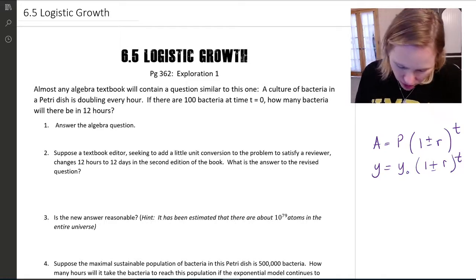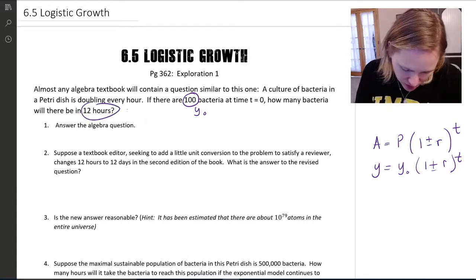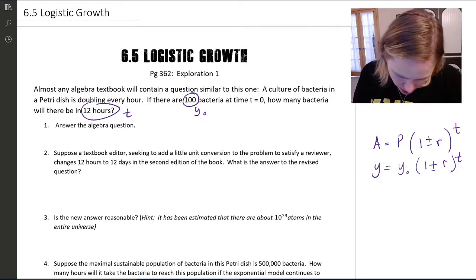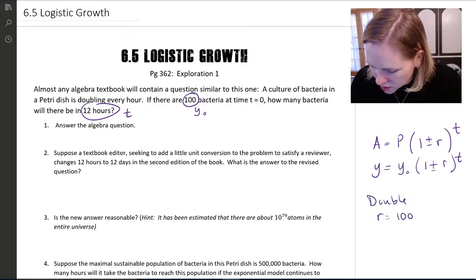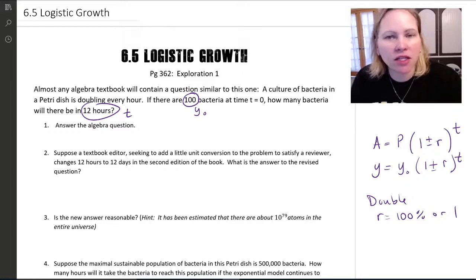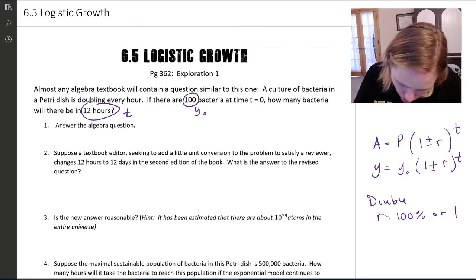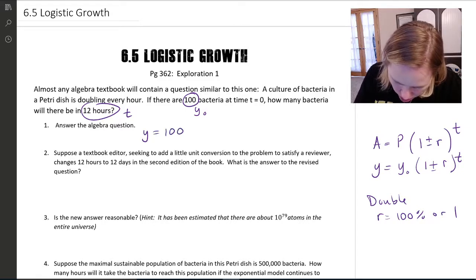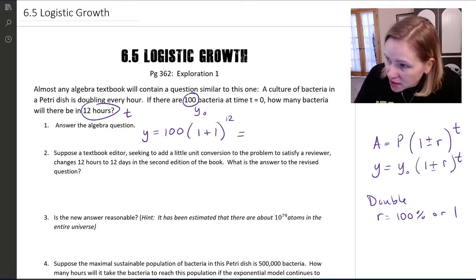So let's go back over here and figure out what things are. The amount that starts, that's my y naught. That's my beginning amount. T equals 0 is my beginning amount. This is going to be t. And if we're doubling, then the growth rate is 100%. So to double, r equals 100%, or numerically 1. We never use a percentage in an equation. So to answer this question, we're going to say y equals 100 times 1 plus 1 to the 12th power. And when we do this, we get, let's see,